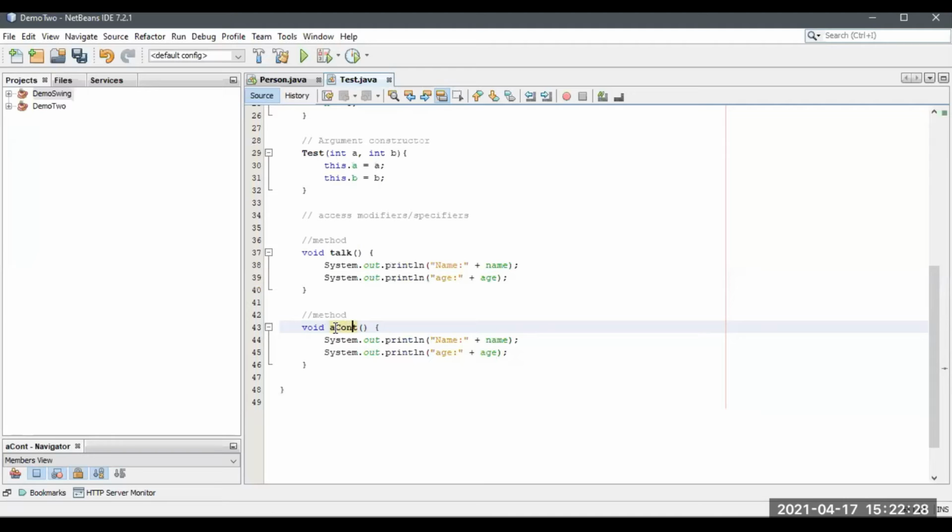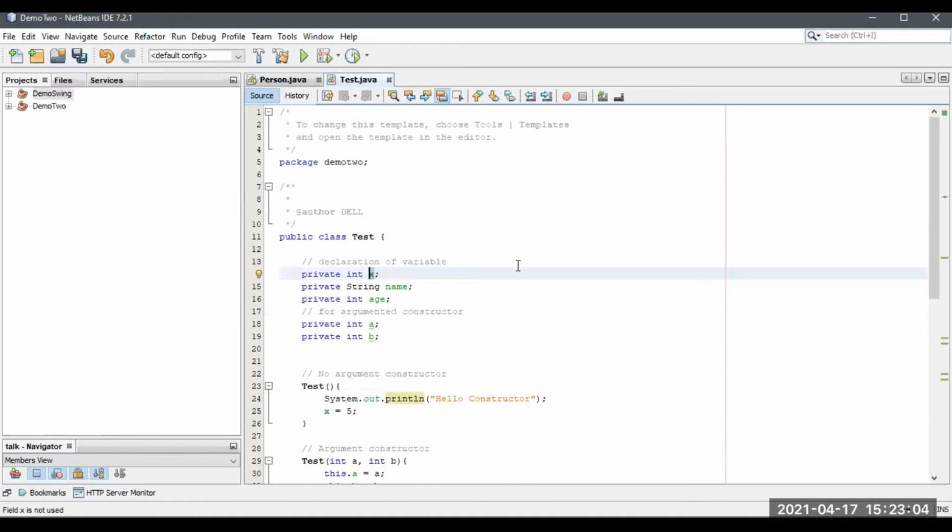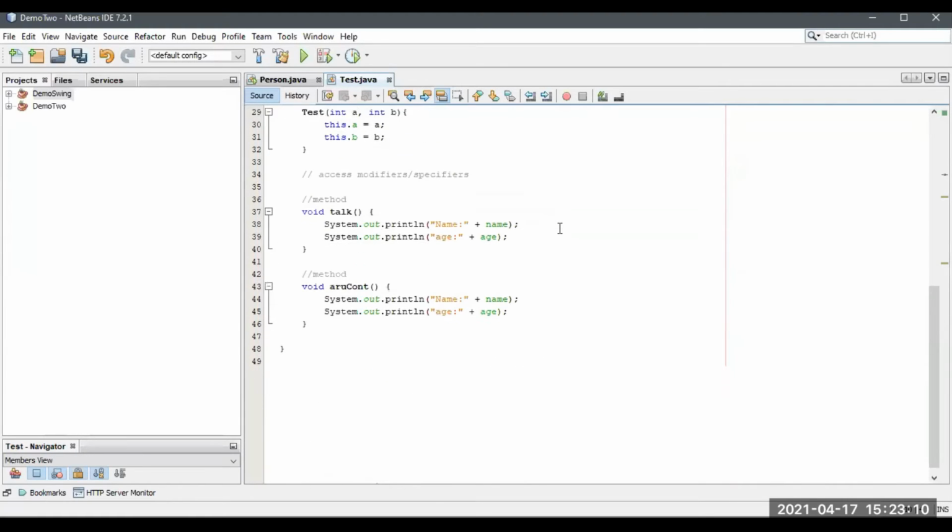If there are two words inside the same name, a method always starts with a small letter. That's why I mentioned a small letter, and another word is there. This is augmented constructor. That's why I mentioned a capital CONT. We can mention everything whatever we want, but the starting letter should be a small letter for the method. For the variable itself, we need to start with a small letter, but in the case of a class, we need a capital letter. Every time I'm mentioning this, please remember all these things.